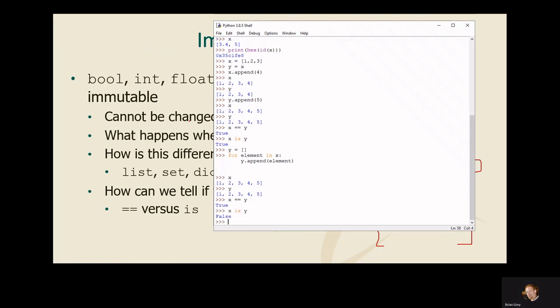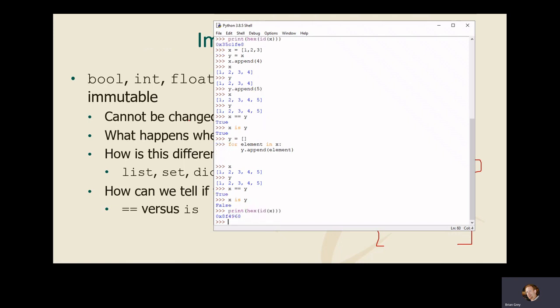Why is this different? They're still the same. Well, remember what's happening when we do this, right? This is the literal constructor. So we're saying, hey, create a new list for Y and append the elements. So if we go print hex ID X, and we do the same for Y, we're going to see, take 2,